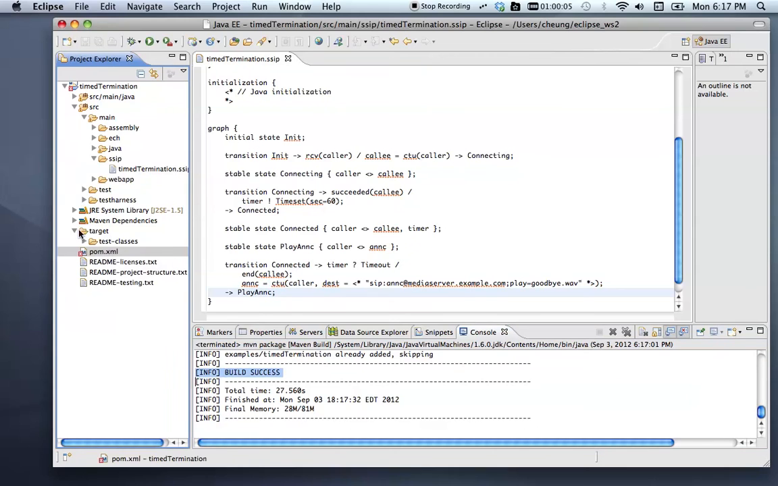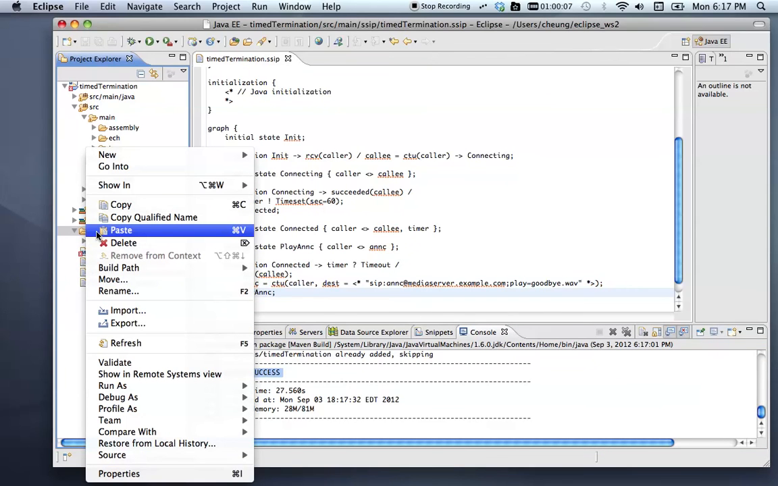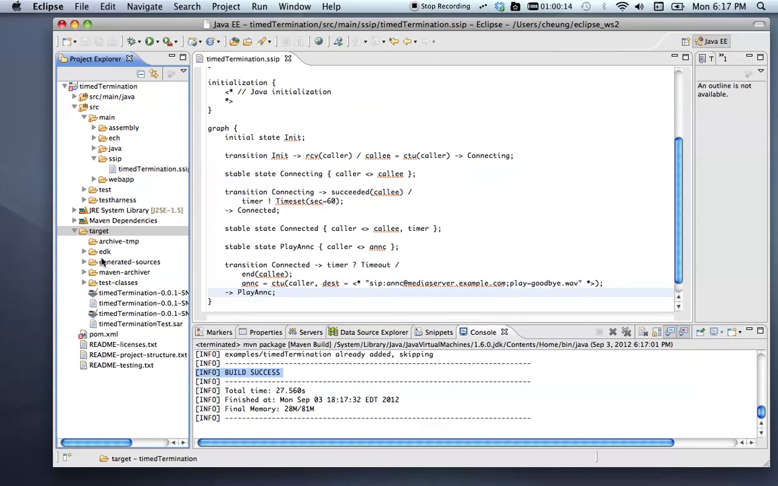And if you look at the target directory, if I refresh it, you will see that there's a generated time termination test SAR file. Now we are ready to